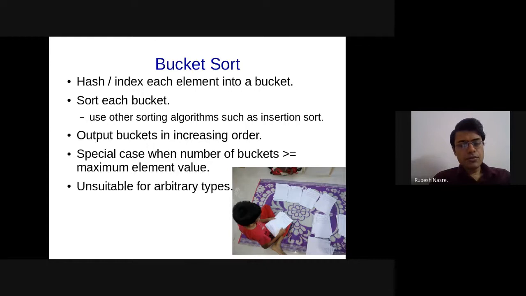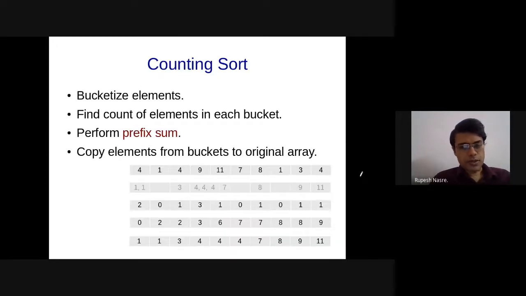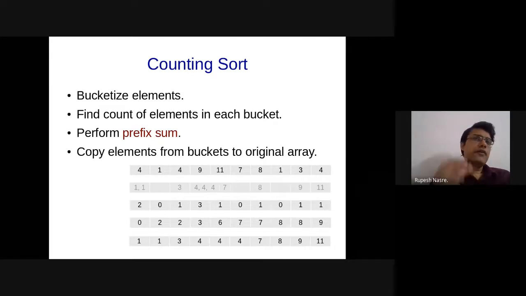Okay. So the second method, which is a non-comparison based method, is counting sort. Now, what does that mean? Essentially, that means that you are going to hash it using some sort of an identity function, right? So if I have, let's say, n numbers, let's say 1 to 1000, some arbitrary numbers, and those need to be sorted.